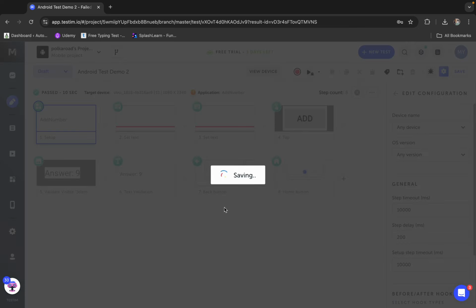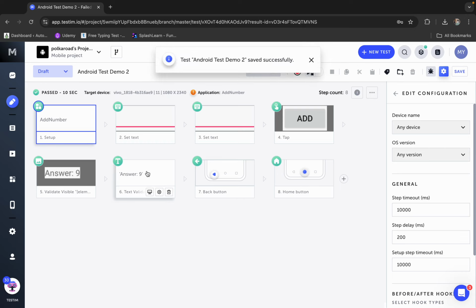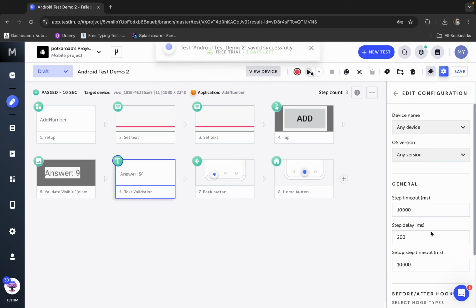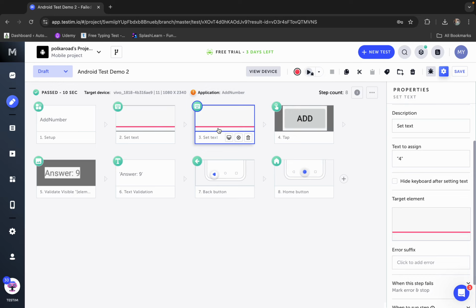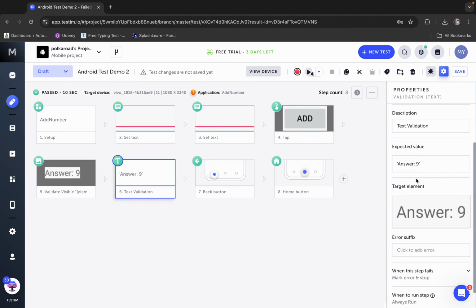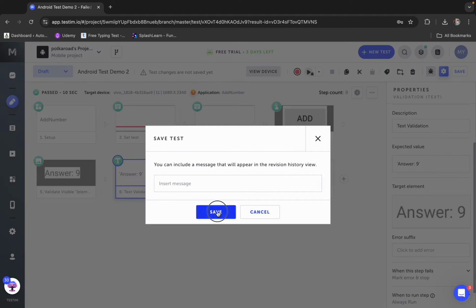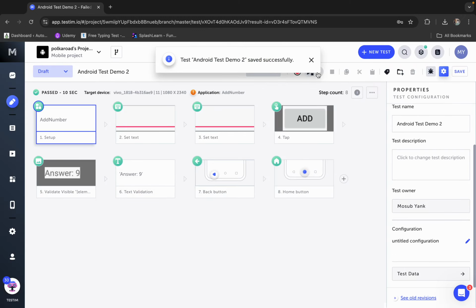So I'm saving this, and what I'm going to do here is change this. This is checking for the text expected value as 9. So let's say if I go here and change 4 to 5 here, so this step we are adding 5, and this step also we are adding 5, or let me say I will add 6 here. So now this time the answer will be 11. So if I check this answer 9, this should fail. Okay, so I am saving this, and I will run again